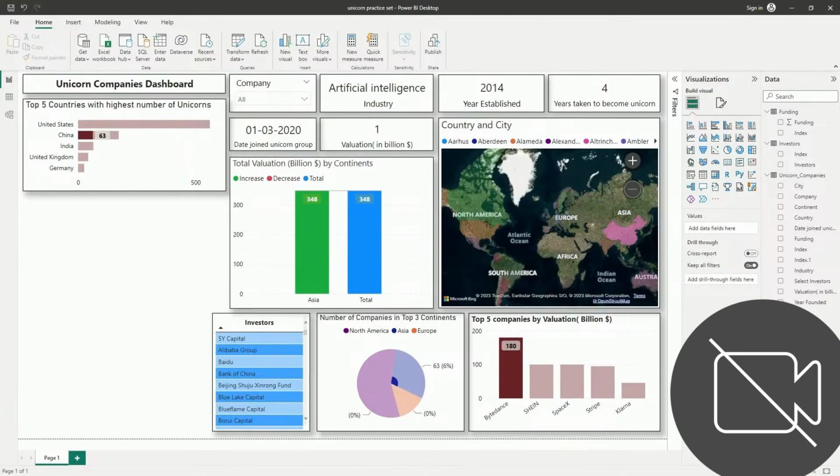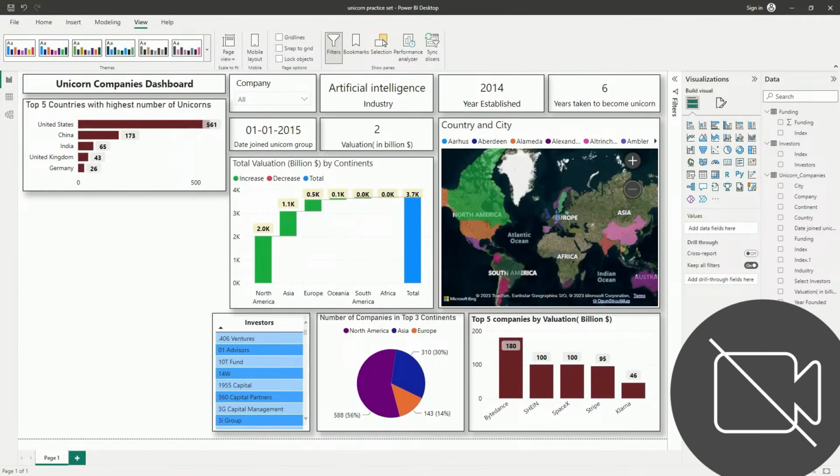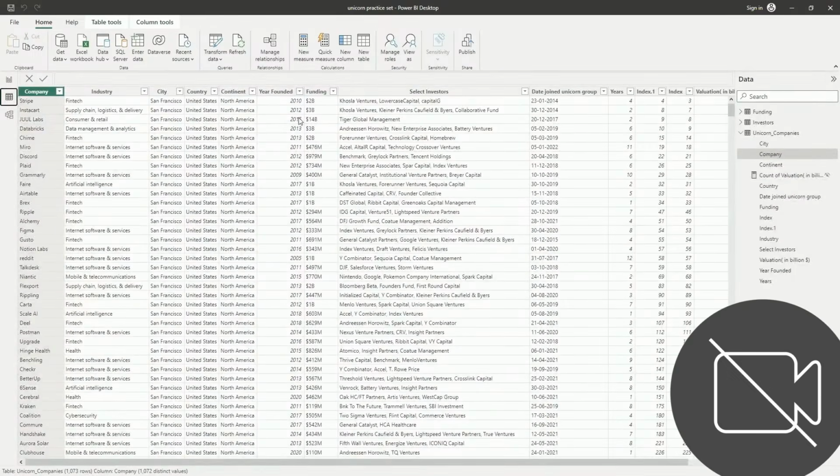Hello everyone, welcome back. So in this video we are going to do another visualization, that is area chart. Now what I want to show is, I want to show an area chart which is showing me number of companies declared unicorn in a particular year. Fine. So for that, just go to your data. See,